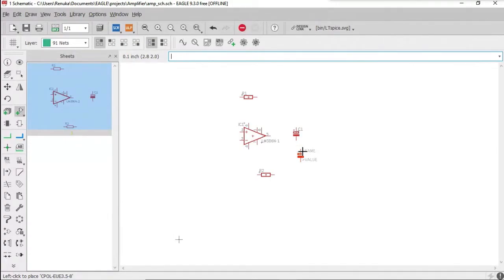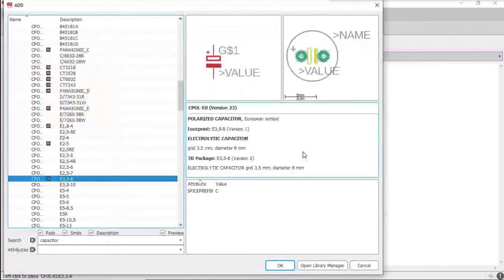Okay, after this we need a couple of resistors and a couple of capacitors for your filter circuit and to connect it to the gain pin of the amplifier. Just search for capacitors.